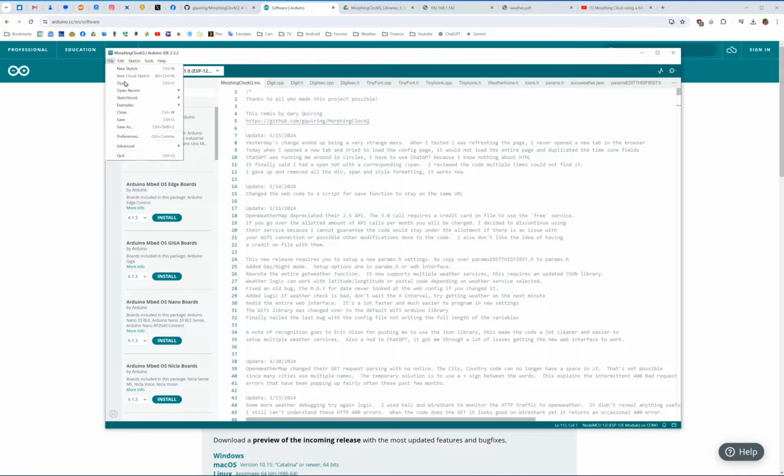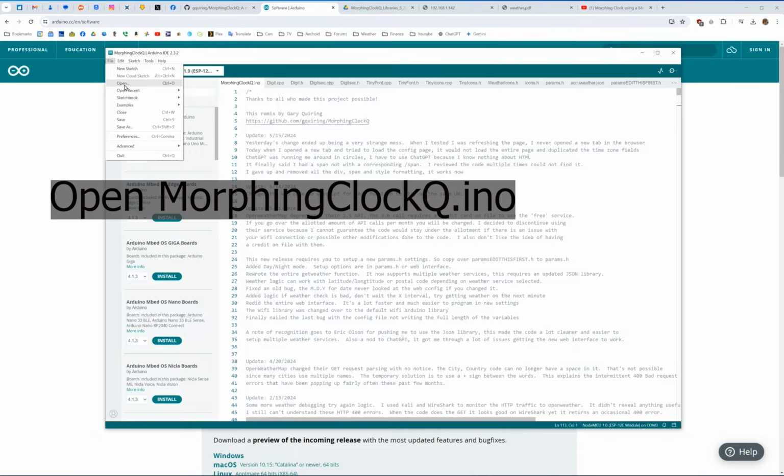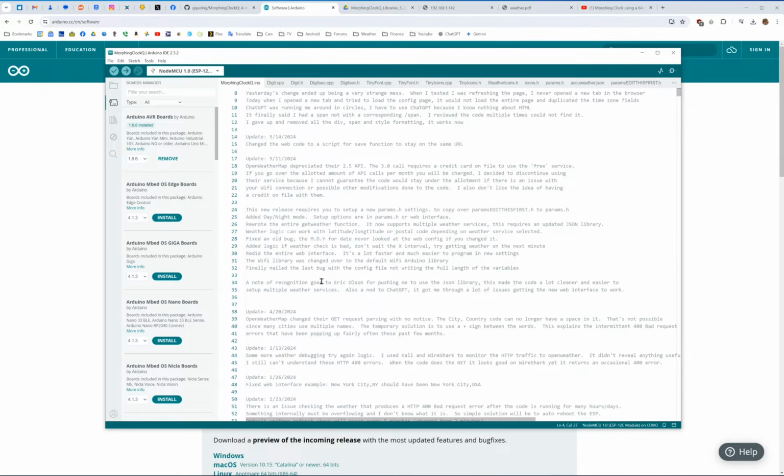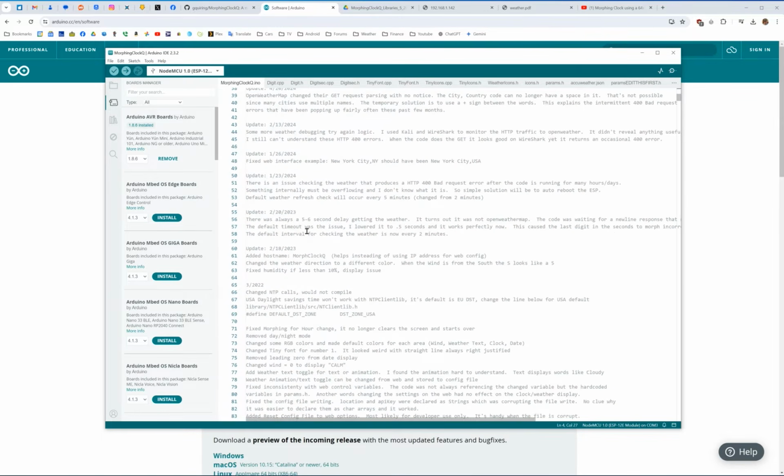is go to the File menu, Open, and open the GitHub zip file that you downloaded, that you renamed and took the -main off of. So wherever you downloaded that to, or wherever you unzipped the file to, navigate to that and open it. And this is what you should see. You should see something that looks just like this. So scroll down a bit,